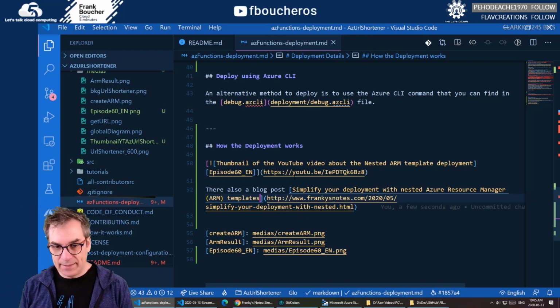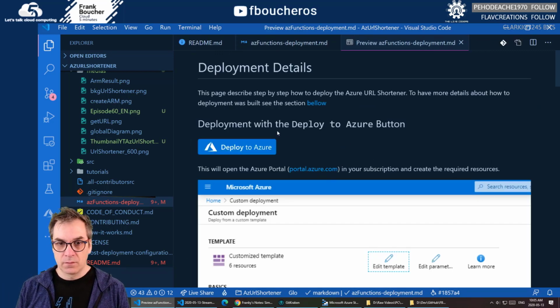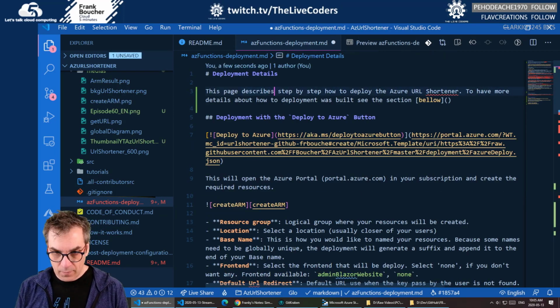So now we just need to explain a little bit. How does it look? This page describes, I need the S, right? Step by step, how to deploy the Azure URL Shortener.